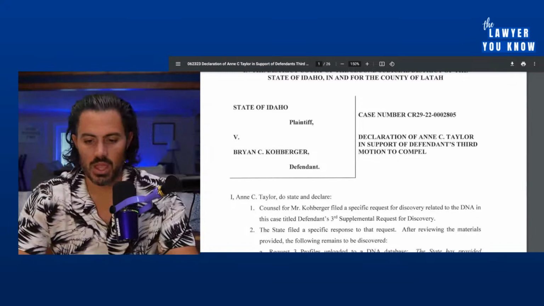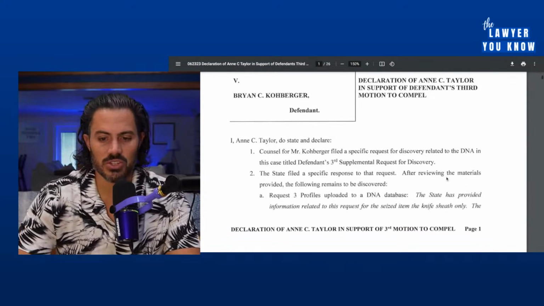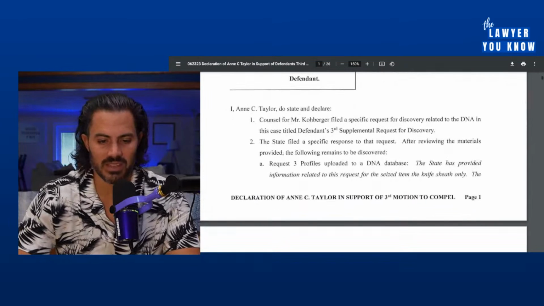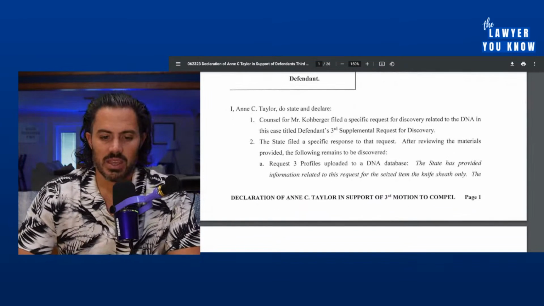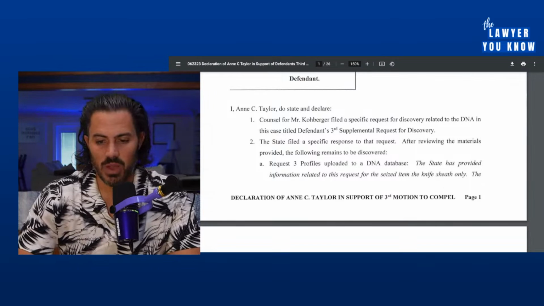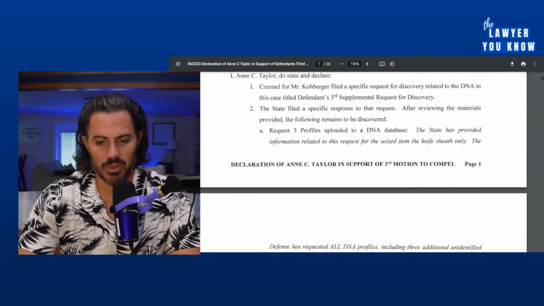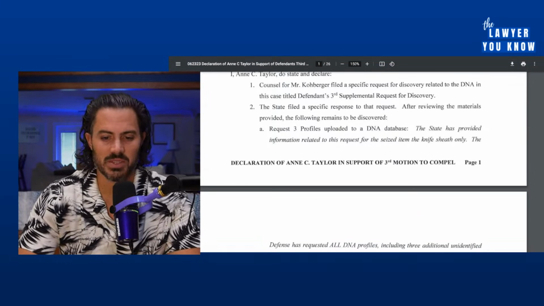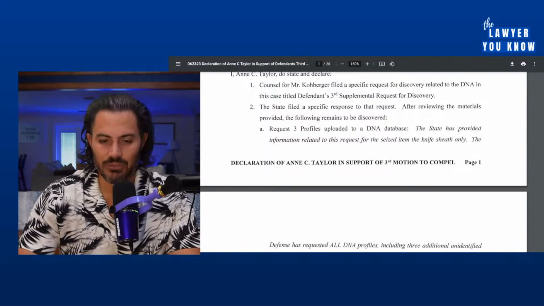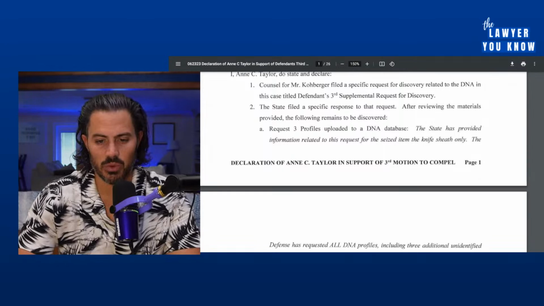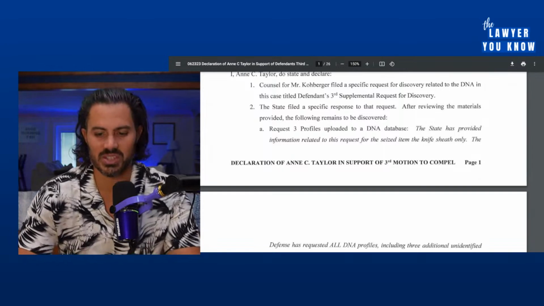Okay. So declaration in support of the defendant's third motion to compel. Ann Taylor says this: counsel for the defendant filed a specific request for discovery related to DNA in this case, titled Defendant's Third Supplemental Request for Discovery. The state filed a specific response to that request. After reviewing the materials provided, the following remains to be discovered. So what is she doing? She is saying,